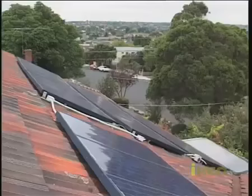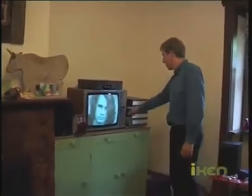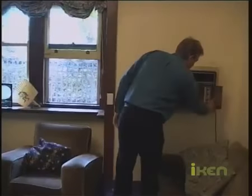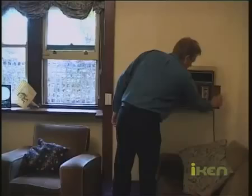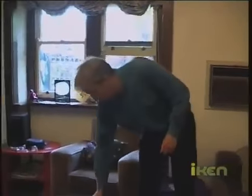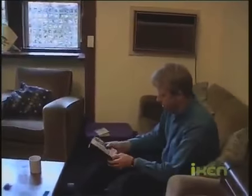angle in Melbourne. If you were to put up the same system today, there's now a rebate from the federal government which has cut the cost of the solar panel part of the system in half. You get a rebate of up to $7,500, and the same system today would cost about $16,000 to $17,000. But we've worked out that a system to meet our needs would cost around $12,000 to $13,000, and if we